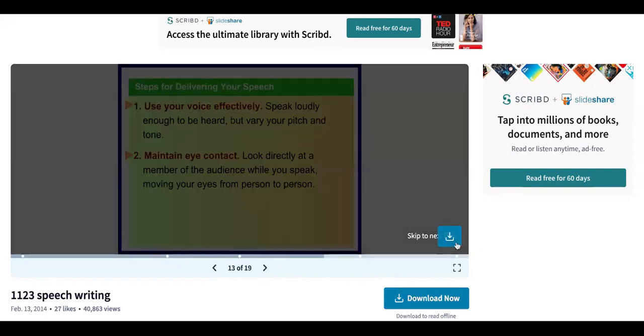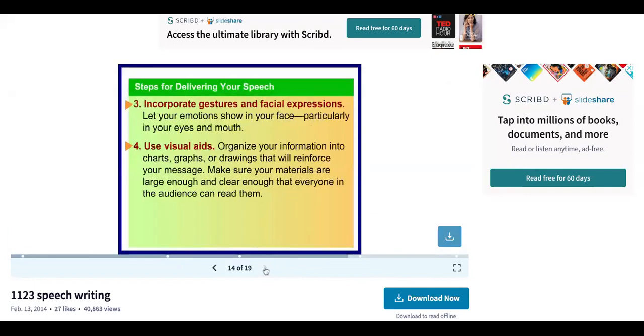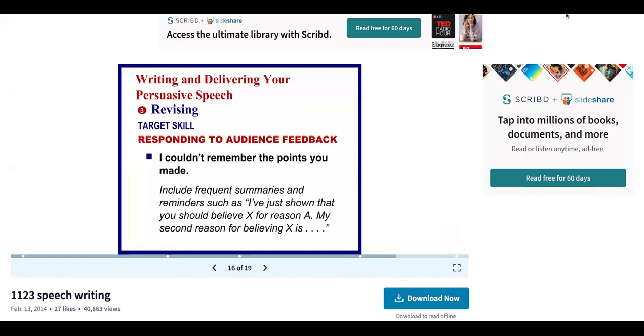Now this is more about delivery than writing it, so that's a whole different thing. Now that I've explained to you how the format is going to look, I'm just going to make your life easier and give you a format which you'll follow throughout. You'll always write your speeches according to that format, and it's going to be easier then.